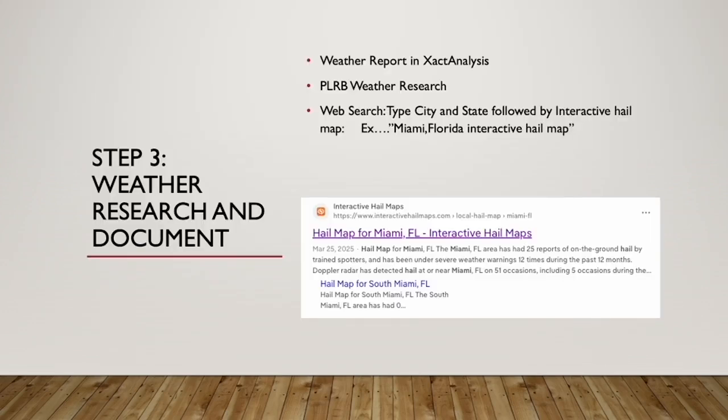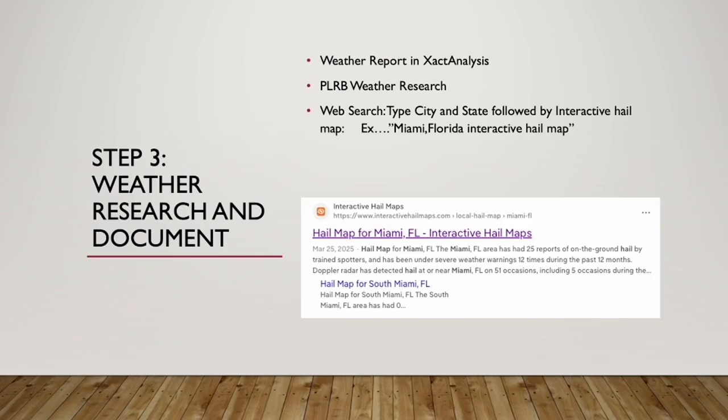Thirdly, you want to do weather research on that property. There are different ways that you can pull up weather reports. You can do it in Exact Analysis. You can pull up a weather report in PLRB, Weather Research. And you can also pull up a weather report simply by typing the city, the state, followed by the words